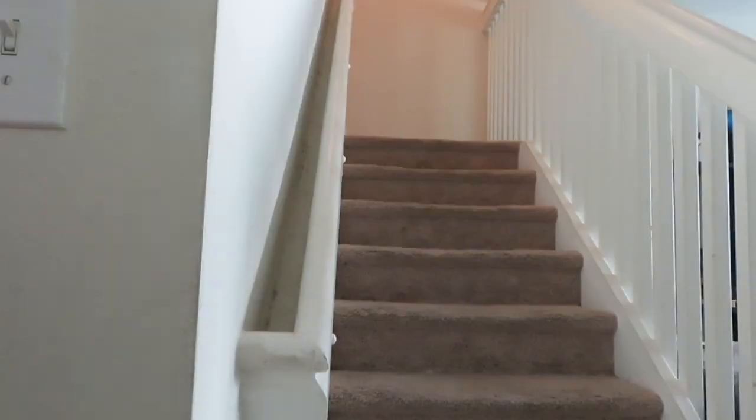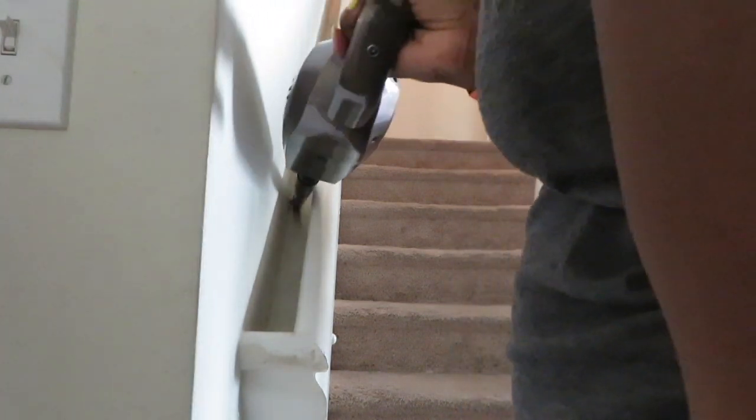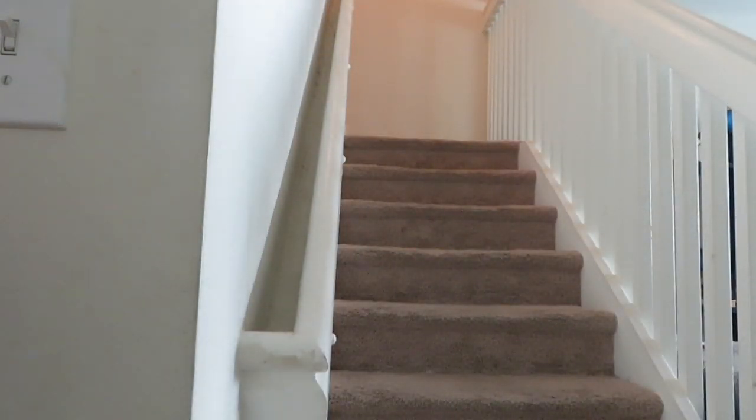So I'm going to get into doing this. And as you can see, there are many marks on the wall, and I do have small children, so that's not completely shocking. So we're going to get into cleaning the wall area, the stairway wall area. So initially I thought that I can just go in and vacuum the dust out, but that didn't work. So I had to actually go in and use something wet to clean out the dust. And this was completely difficult. I didn't realize how difficult this would be, but it was really